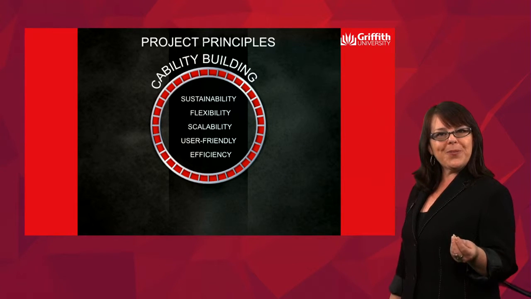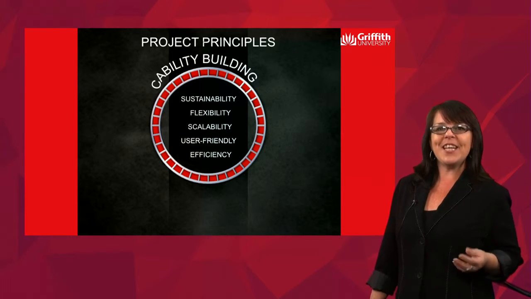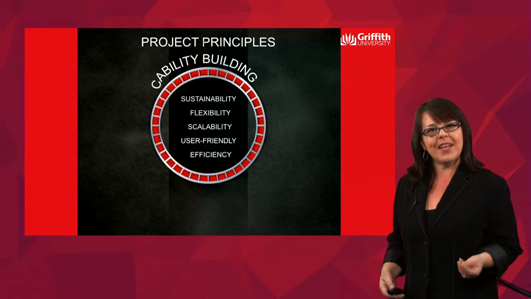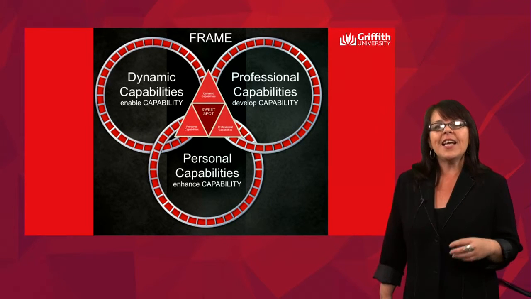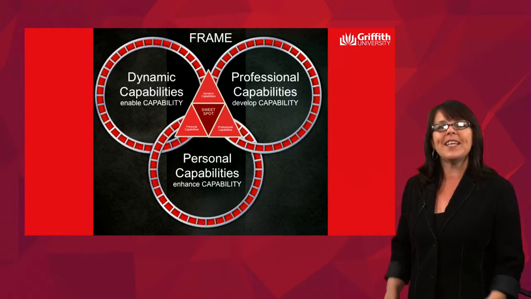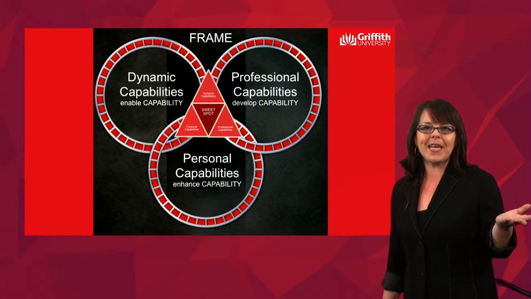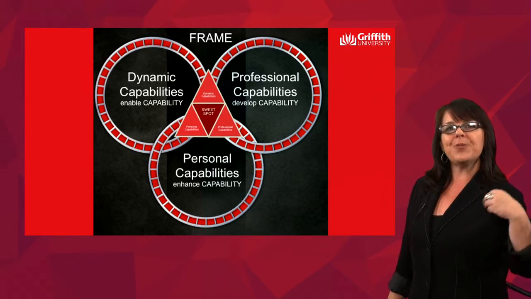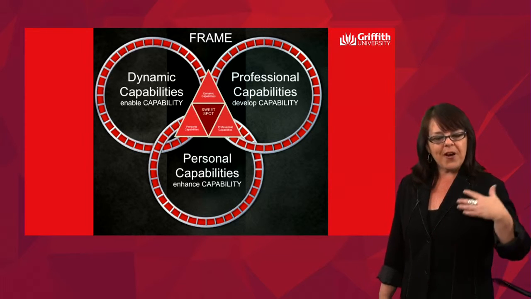So when we look through the principles, which include sustainability, flexibility, scalability, user-friendliness, and efficiency, we also knew we needed to wrap this around capability building if it was going to be truly significant. To do this, we created a DV capability at Griffith framework, which triangulates 3 different types of capability: dynamic capability, or the organisation's ability to provide facilities which will enable that capability;